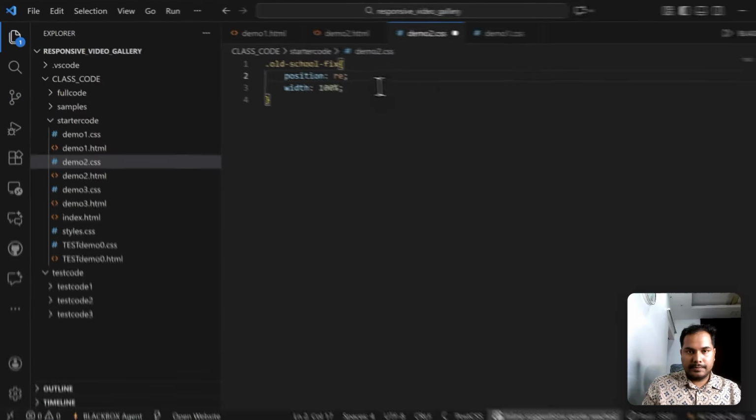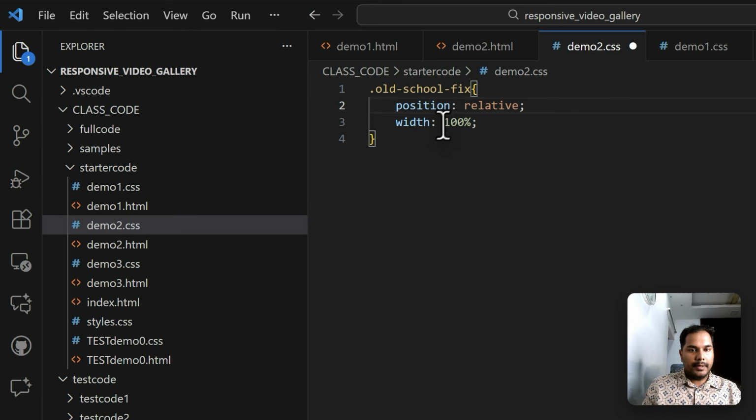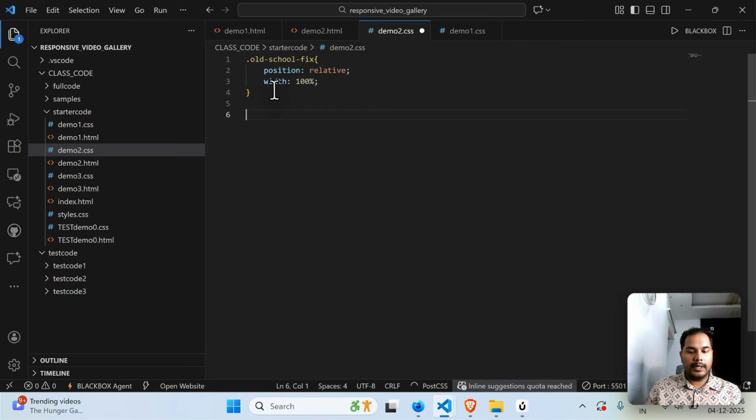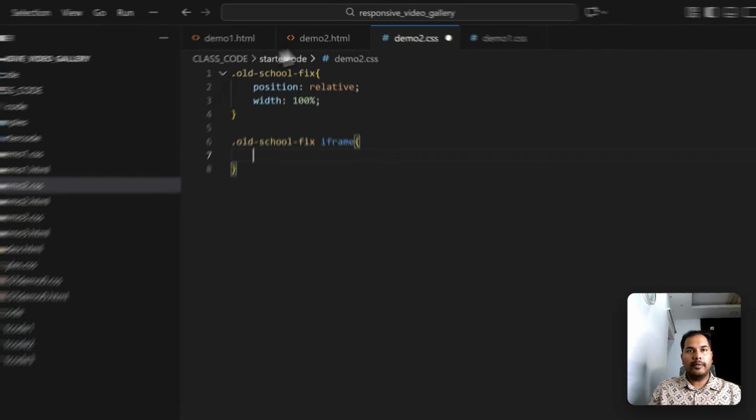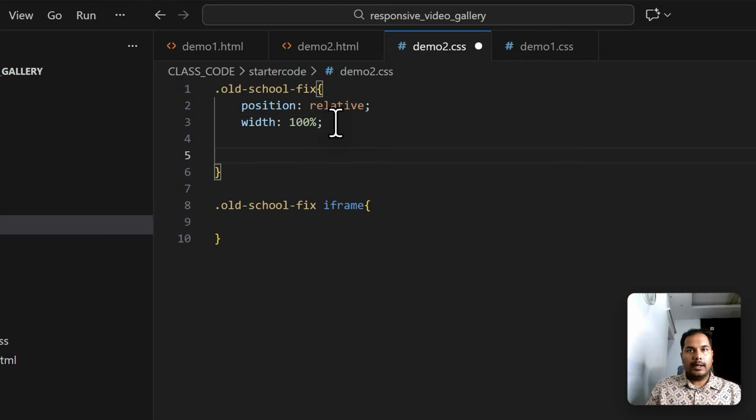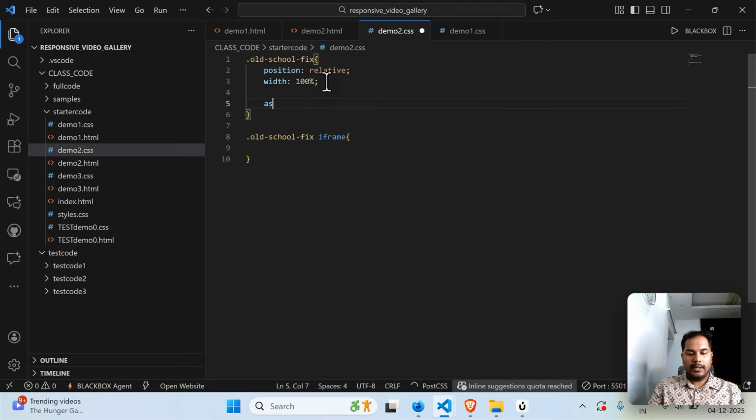Sorry, let's keep it relative. Then here we'll move to the next, .old-school-fix iframe. But before moving to that, the aspect ratio which we are applying